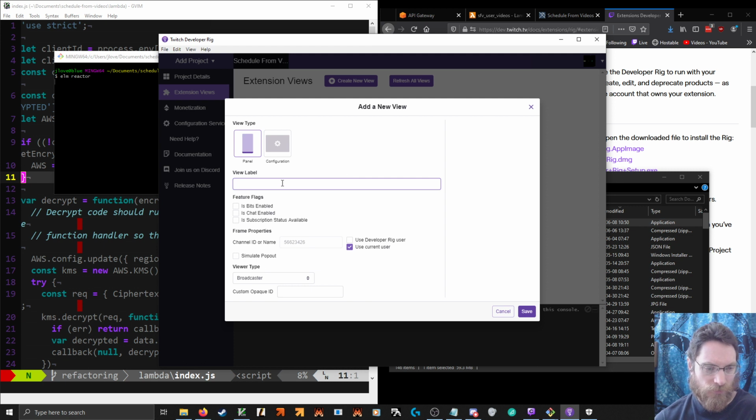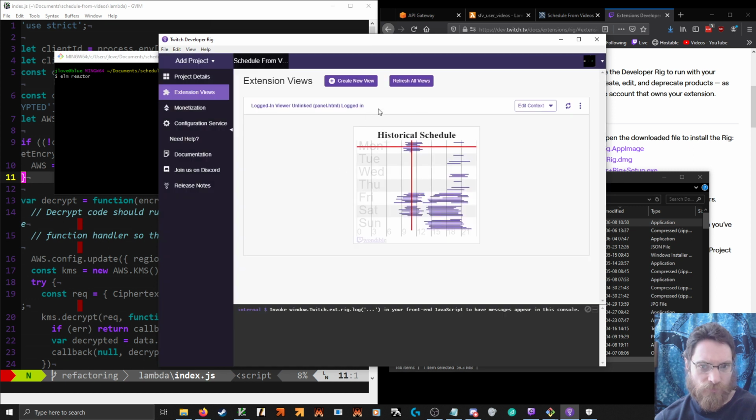So we've got a panel view. So we've got, well, just in case. Use current user, viewer type. Not sure what shared identity is. And then we can edit some context.